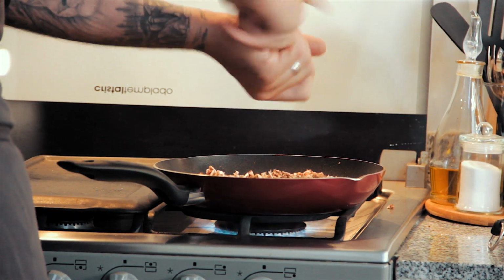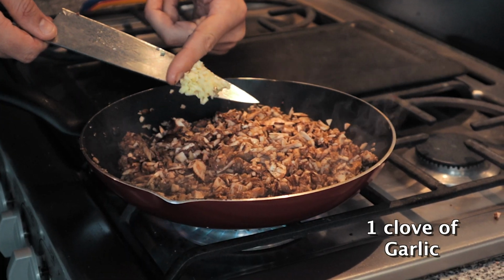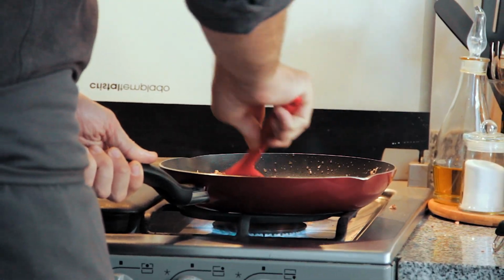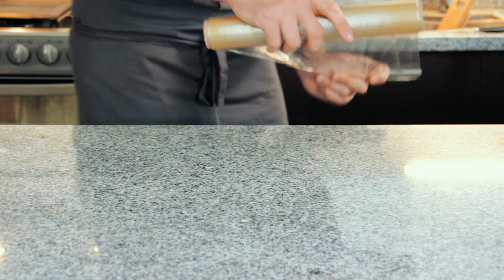So again, hit it with some salt and pepper, and then about halfway through, throw in 1 clove of chopped garlic. At this point you could also add some sage or oregano or any other herbs you want. Once you start seeing it all come together and get all nice and mushy, spread it out on a plate so it cools evenly and stick it in the fridge or the freezer just to cool down really fast while